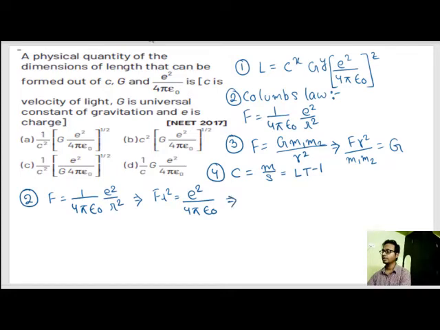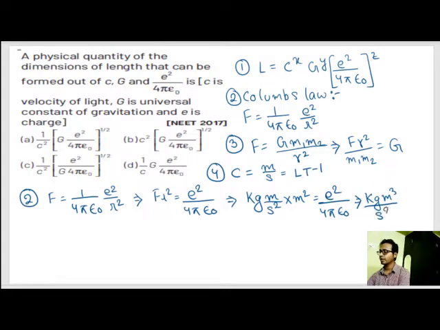So, what is the dimension or unit of force? kg meter per second square. The unit of R square is meter square. So the unit of e square by 4 pi epsilon naught is kg meter cube by second square. Okay. Now for the third part,